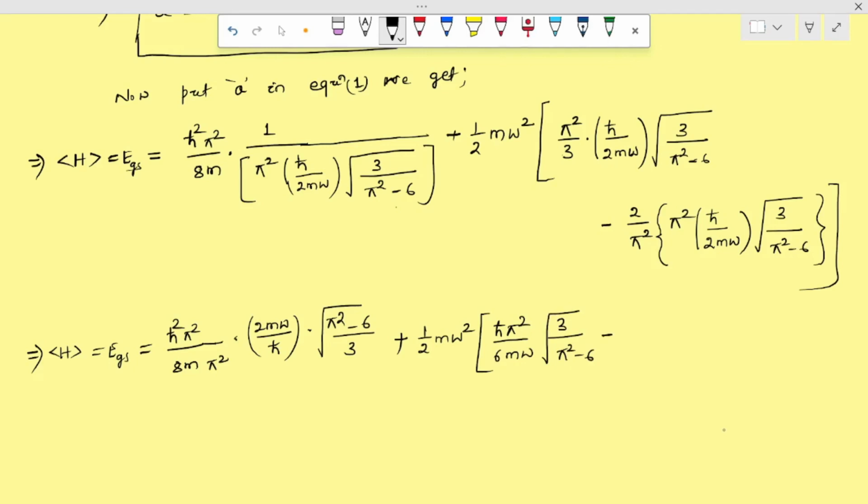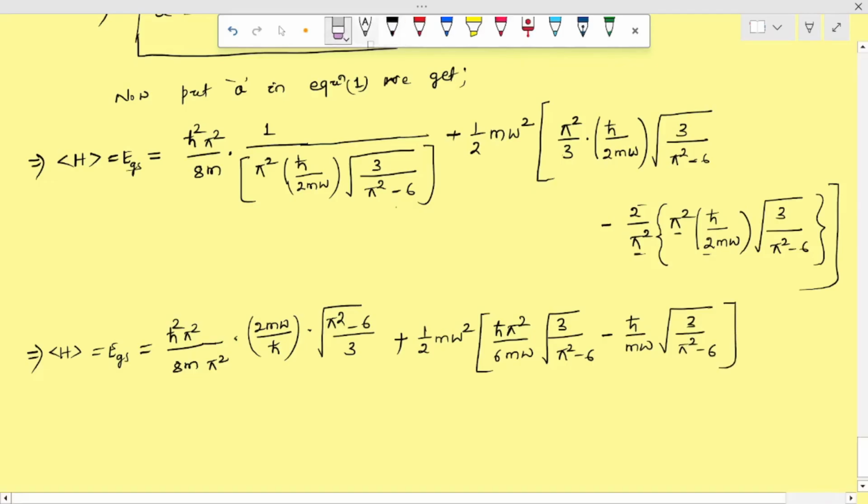Minus, here you can see pi square got cancelled, 2 got cancelled, and we can find h cut by m omega whole root over of 3 by pi square minus 6. You can omit these steps in your exam, but I suggest you write them in your notes, it will be better for your practice. That implies